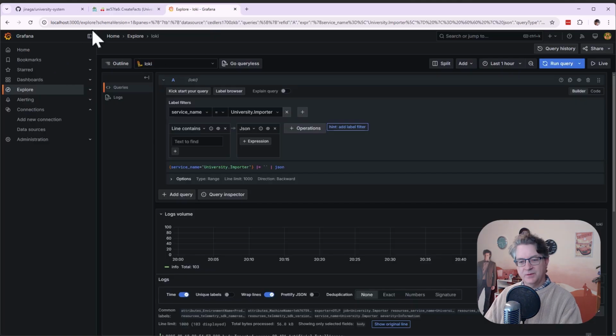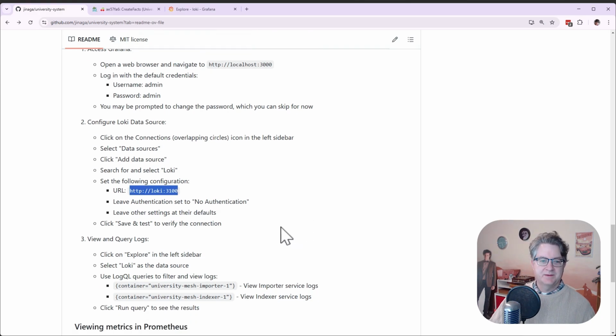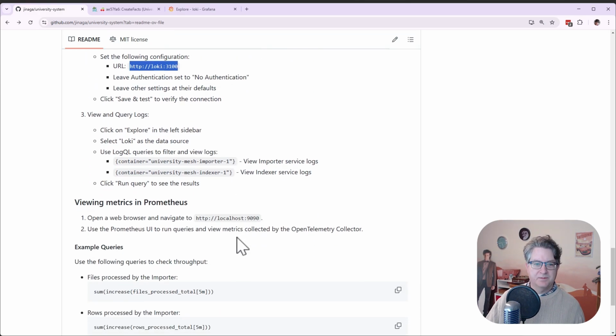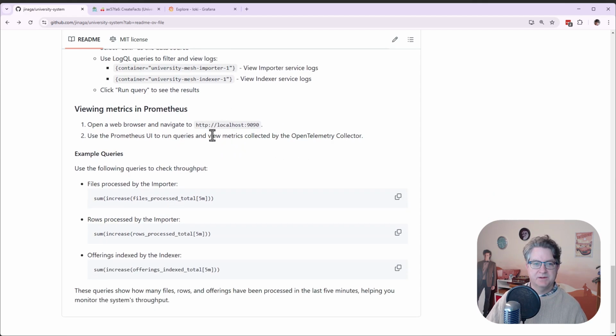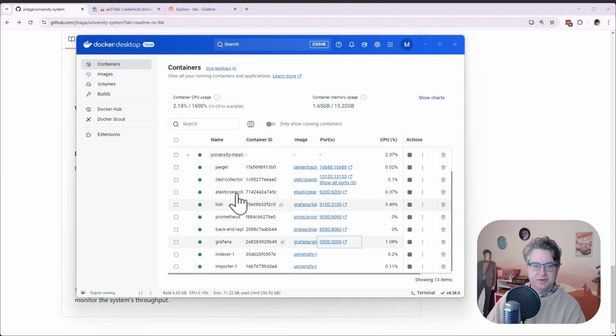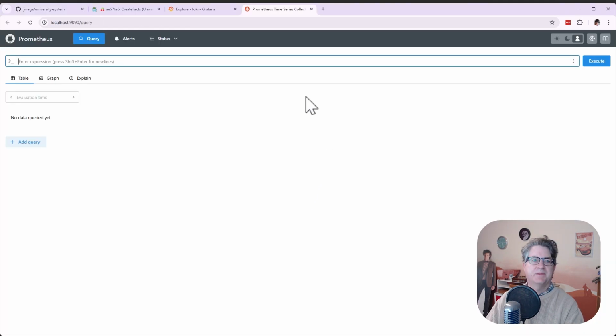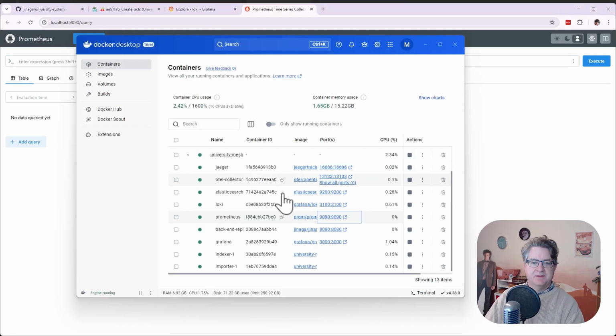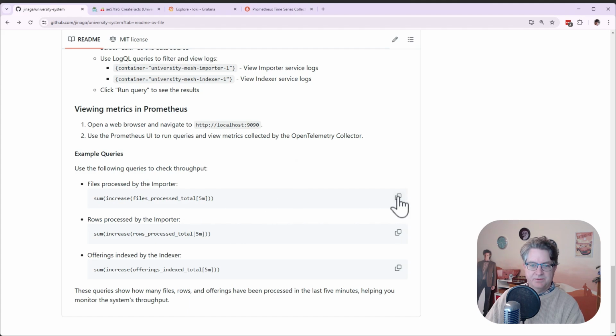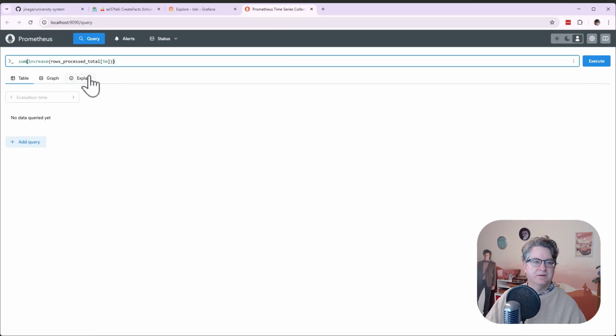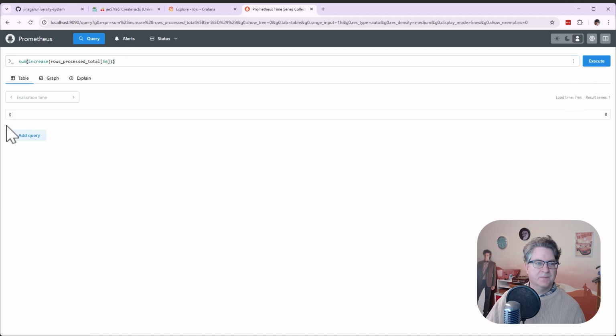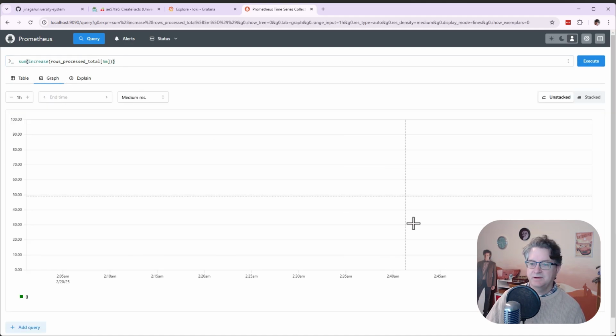Traces, logs. What else have we got? We've got metrics. So the third piece of this is to view metrics in Prometheus. So here's localhost 9090, or you can come over here to Prometheus, click on 9090. You're inside of Prometheus, and then I've got a few things that we could try. Let's look at the rows processed. That's more interesting. So let's run the rows processed, execute that, and